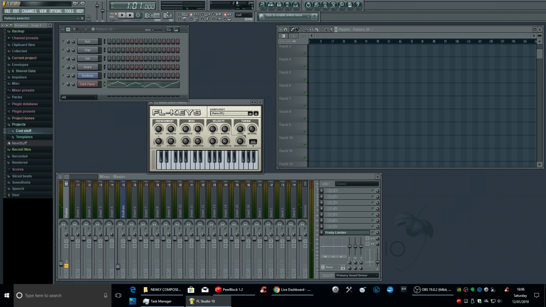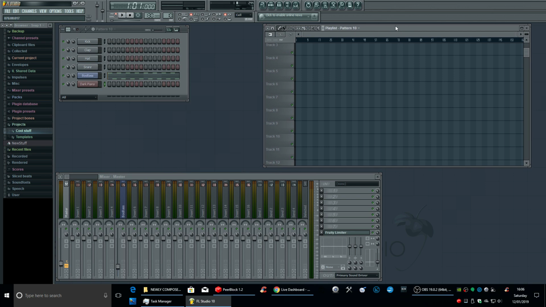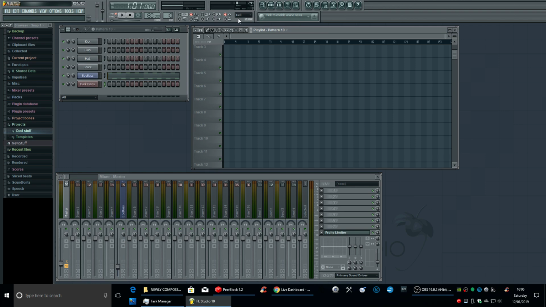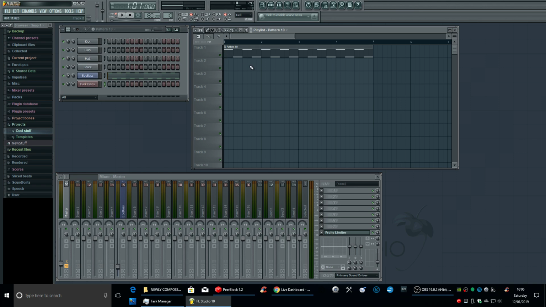So now to add all of that together, what I'm going to do is go into here and add a bass line. This is where this comes in, this thing, right? So whichever one that you pick, that's going to be the track that you put in. So if I put in there, click one in, helps if I'm at the beginning. Obviously if I'm on track 1 and I click there, it's going to pattern 10, right? And obviously pattern 10 is the start, so you want that to be track 1.